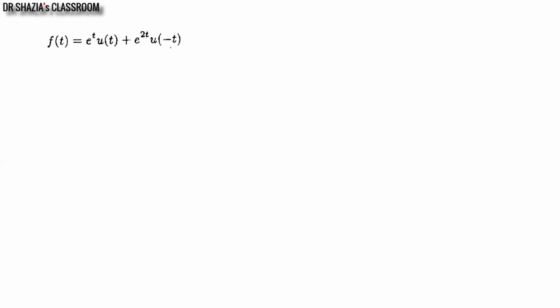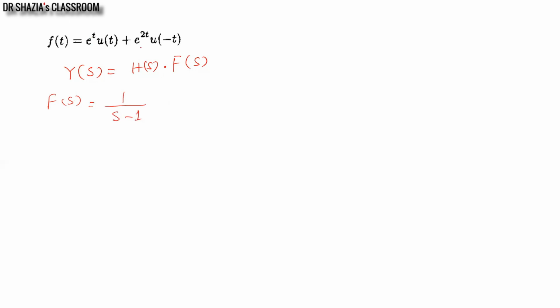So to generate the response of the system, as I am using Laplace transform, I will generate the response of the system Y of s as H of s into X of s, or in this case, the input I have written as f, so I will write F of s. Yes, so H of s I have generated. Now I have to generate F of s. So f of t is given to be this. So F of s will be, for e to the power t u of t, the Laplace transform is 1 by s minus 1.